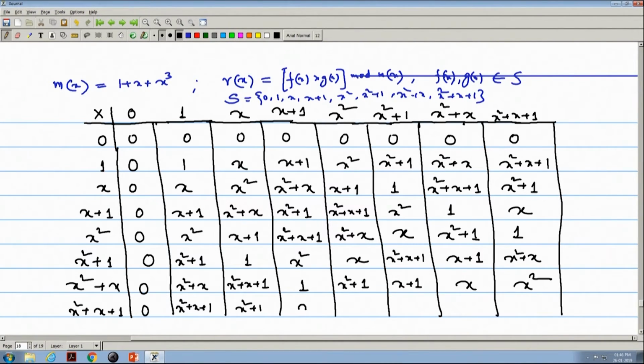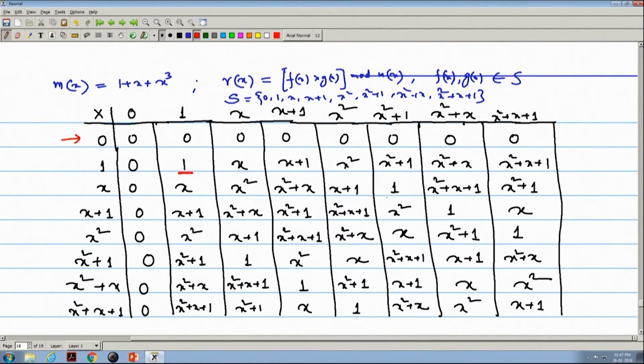So, this becomes x, this becomes 1, x square plus x, this becomes x square, and this becomes x plus 1. Now, again if we observe the properties, first other than 0 elements, we see that we have the one